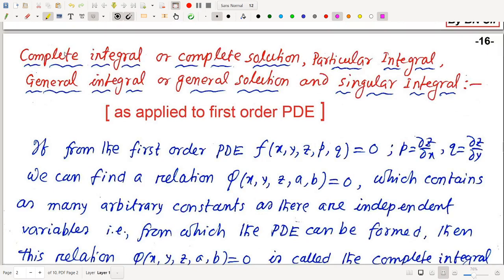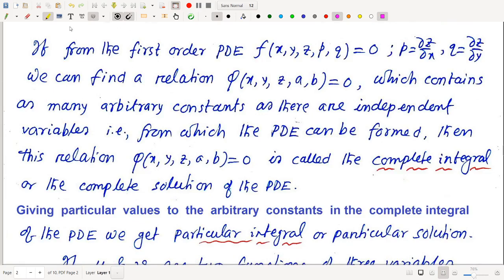some important terms: complete integral or complete solution, particular integral, general integral or general solution, and singular integral as applied to first order PDE. If from the first order PDE f of x, y, z, p, q equal to 0, where p means del z del x and q means del z del y, we can find a relation phi of x, y, z, a, b equal to 0, which contains as many arbitrary constants as there are independent variables, two arbitrary constants a, b and here two independent variables x and y,